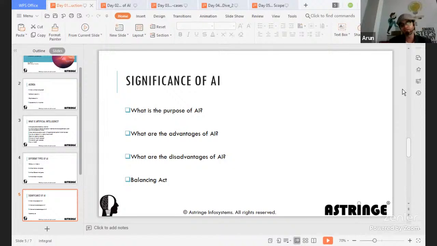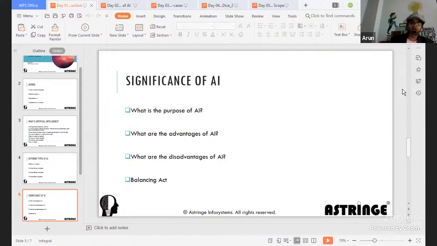It's a balancing act. That's what I tried to say. It's a balancing act between advantage and disadvantage, in such a way that you take the advantage of AI higher and leave the disadvantage buried.